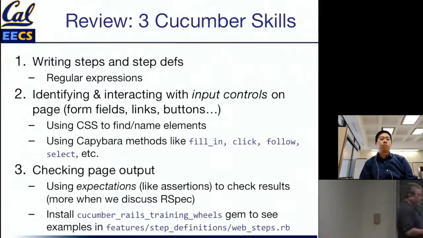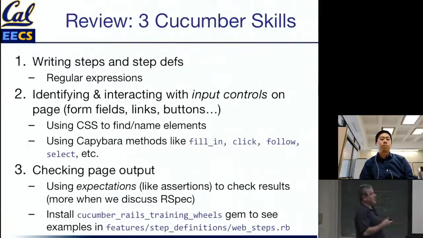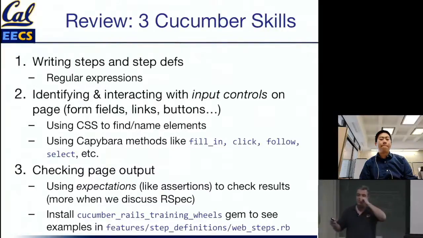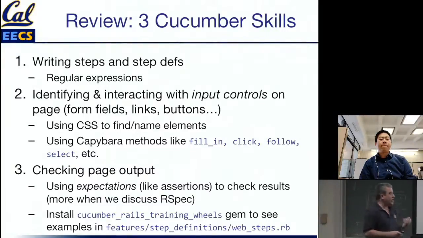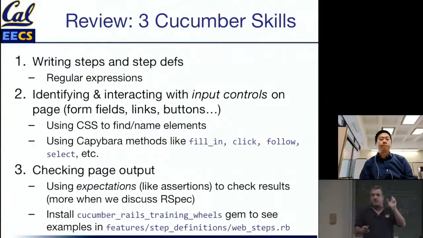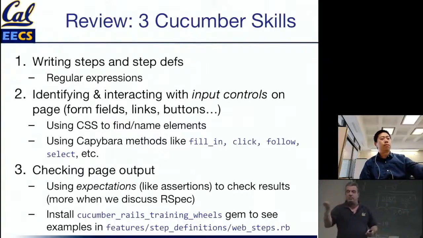One big trick that we'll see is using CSS to find and name elements. So for example, on a typical complicated page with lots of buttons and lots of different divs, a very useful trick is, when you're creating that page, give IDs to the elements that you're going to want to use in your tests. Because if you've got a table of movies and every single movie has a delete button next to it,